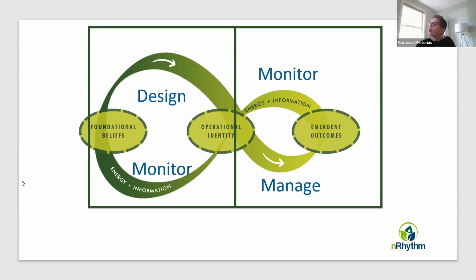Anyway, so this is our framework. And if you follow the arrow and you follow our framework like that, in the beginning, you design your operational identity, your foundational beliefs. Once everything is designed, you manage it, and then you continuously monitor it. And you go through the cycle the whole time. This is just like a living system, a cycle that we design and manage and monitor. So